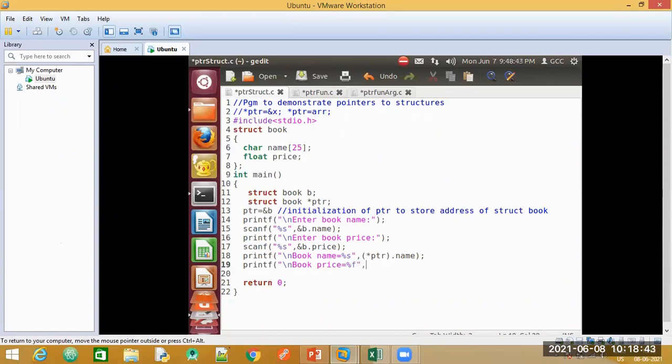Ma'am, scanf of price is %f, right? Yes, yes, thank you. This has to be %f, correct. So here we will try to access with a different method. See, I'm making use of the operator hyphen. Hyphen, or you would say minus, not an underscore, a hyphen or a minus, and the angular bracket, right, angular bracket. And I'm going to write here price.